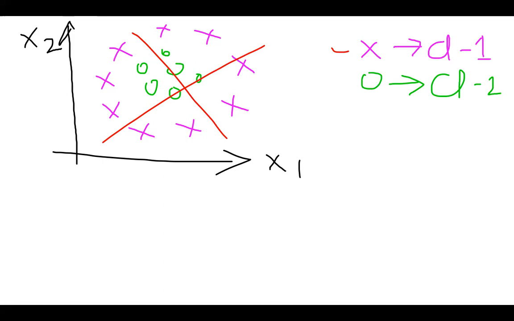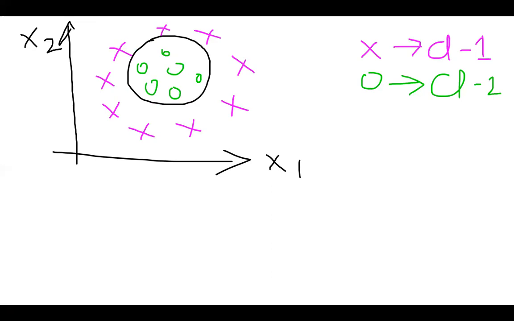So separating this particular example using a linear SVM or a linear decision surface may not be easy or may not be possible. So rather, if you can fit a certain curve like this, and inside the curve there is class 1, and outside the curve there is class 2. So how to draw this particular nonlinear plane? That is an example of nonlinear SVM. So this is one approach.